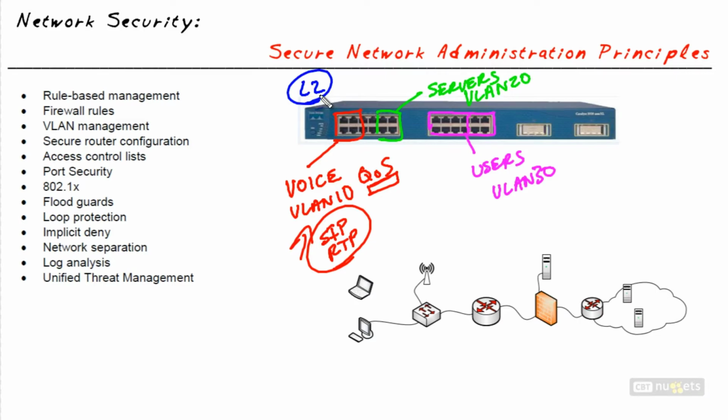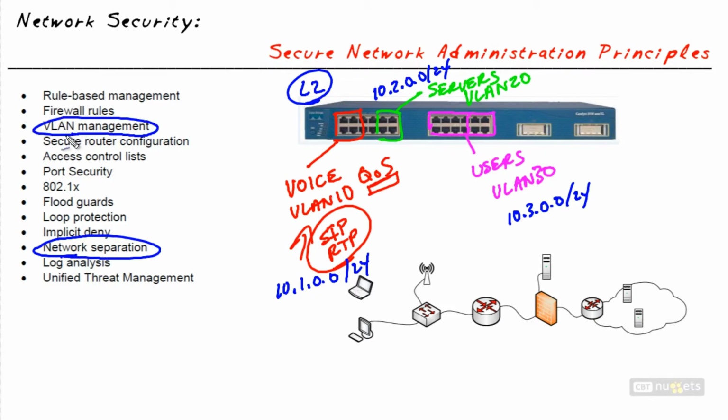And then on top of that, each of those separate VLANs would also get at layer 3 a logical IP addressing scheme. So maybe the voice VLAN is 10.1.0.0/24. And the server's VLAN is 10.2.0.0/24. And the user's VLAN is 10.3.0.0/24. Now, one of the biggest benefits of doing this network separation by using VLAN management is not only so we can apply quality of service to the VLANs we need it to apply to, but we've also just forced